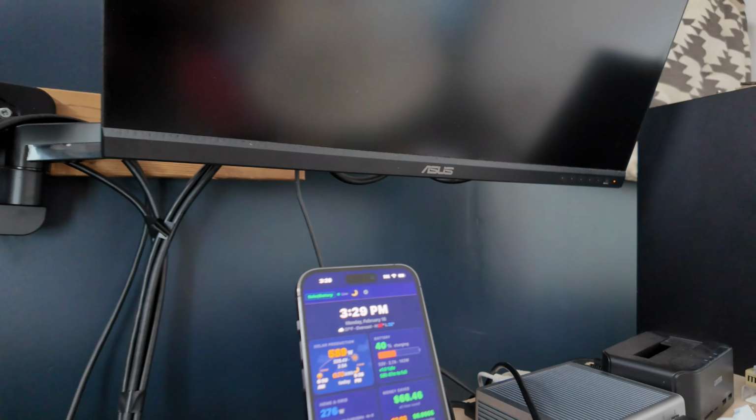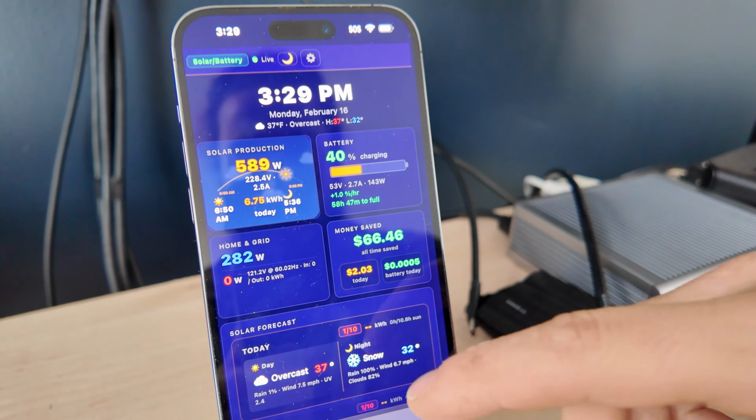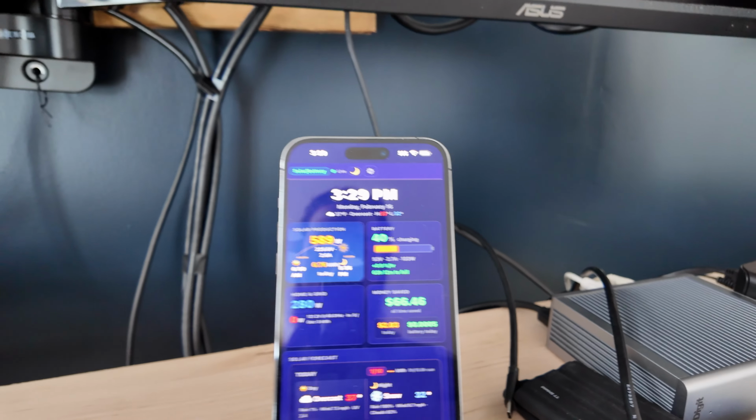I've been running Solar Assistant to track the status of my energy production, and I was a little underwhelmed by the interface, so I made this software to go along with it. I made it to display as like a dashboard. I have this old iPhone that I just set up so I can just look at it whenever I'm doing